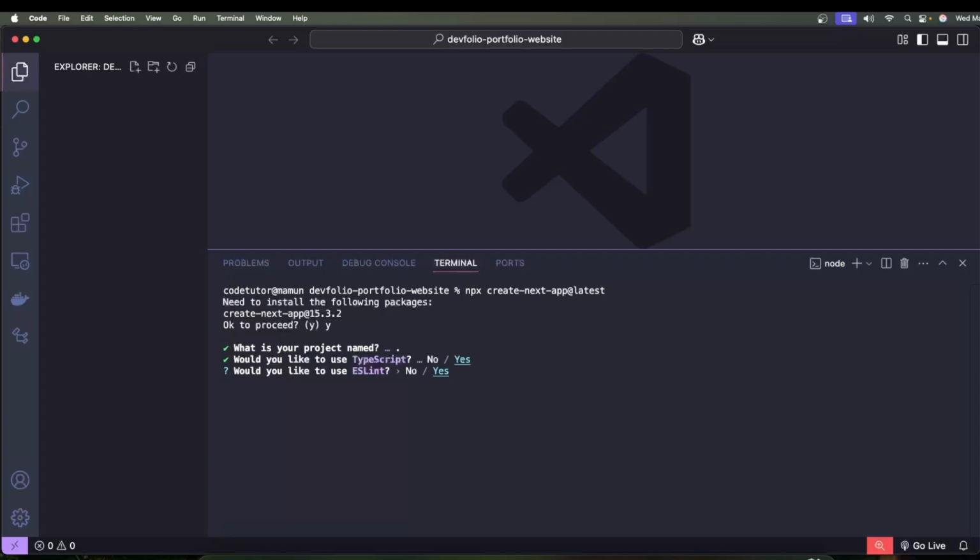Then, would you like to use ESLint? Obviously we're going with ESLint, so keep it yes. Then it says would you like to use Tailwind CSS? Obviously I prefer to use Tailwind CSS here, so we will keep yes. If you don't want to use Tailwind CSS, just move your left and right arrow keys, and when no is selected you can just press enter. But as we are going to use Tailwind CSS, yes is for us, so keep yes here